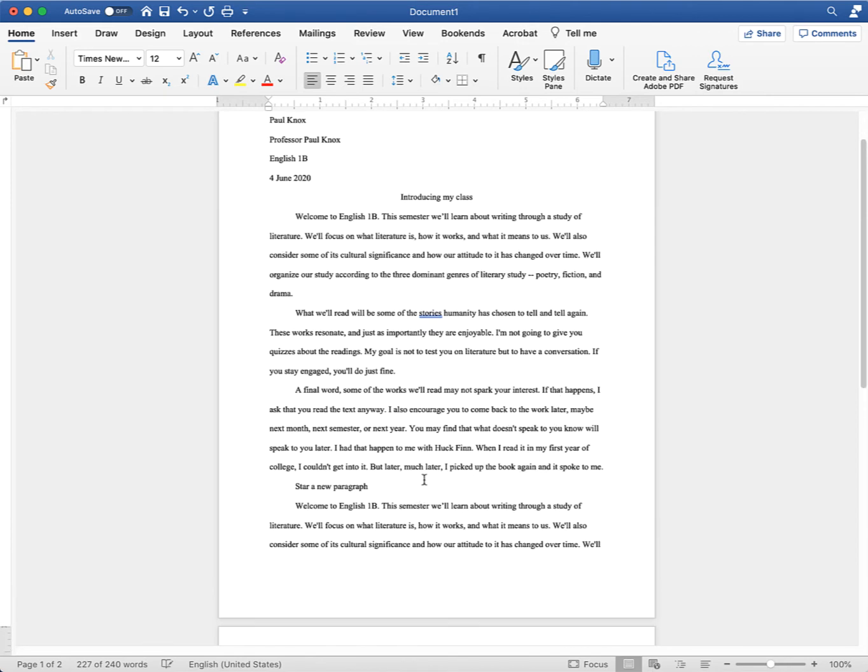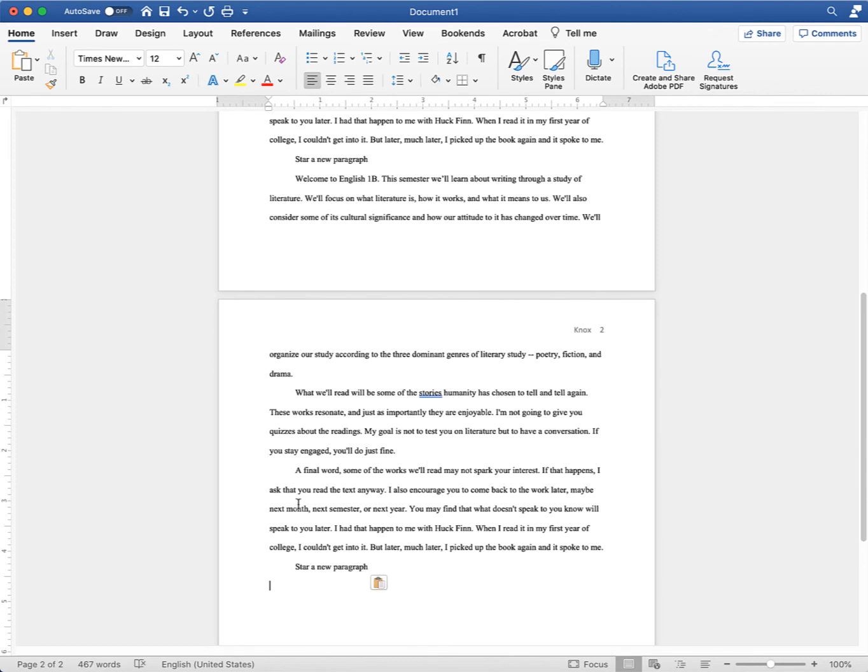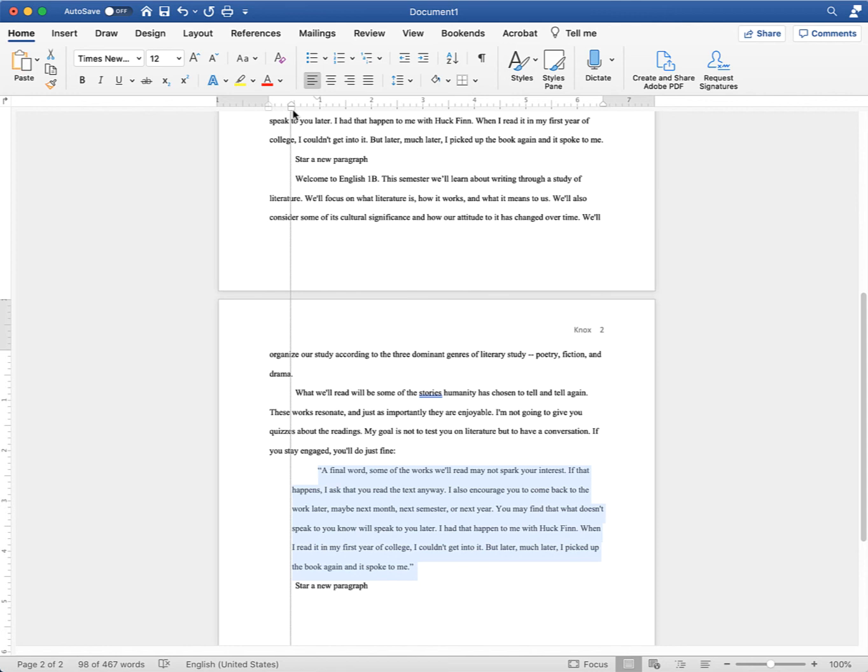A couple of things that sometimes trip people up: block formatting quotations. So let's imagine that this whole paragraph is a quotation. If that's the case, then what you would do is you would have a colon with the sentence introducing the quotation. Then you would have the quotation, and the whole thing should be set over 1/2 inch, with the first line falling just on the same spot as everything else.